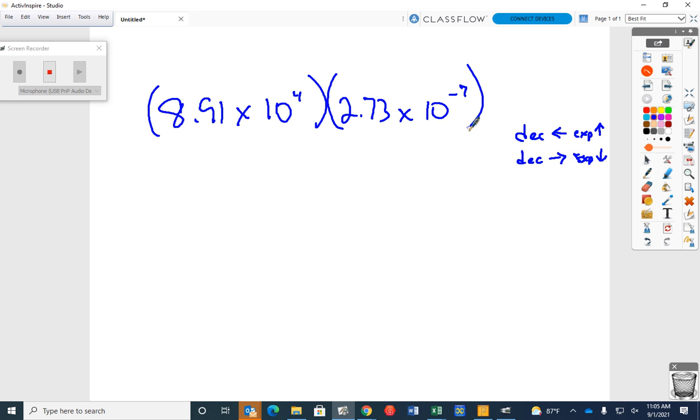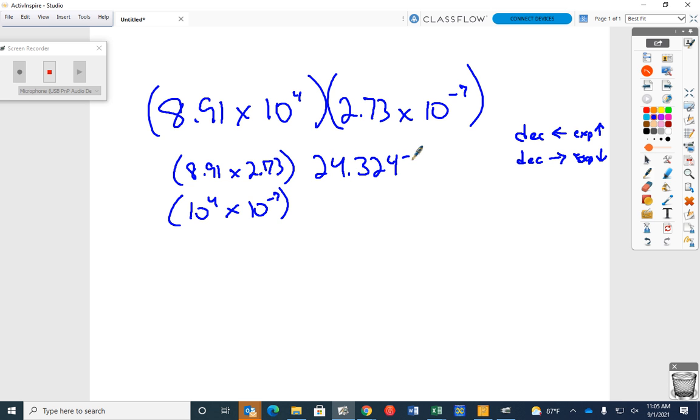No. We're still going to multiply our first two numbers. So 8.91 times 2.73. And then we're going to do 10 to the 4th times 10 to the negative 7. What's 8.91 times 2.73? 24.3243. 24 point what? 3243. Okay, and when I get to this, 10 to the 4th times 10 to the negative 7th, it's still